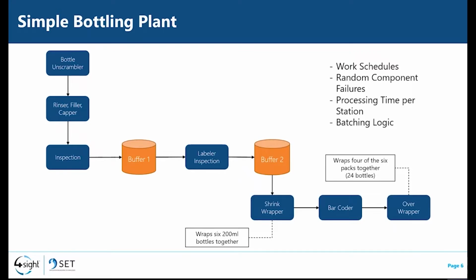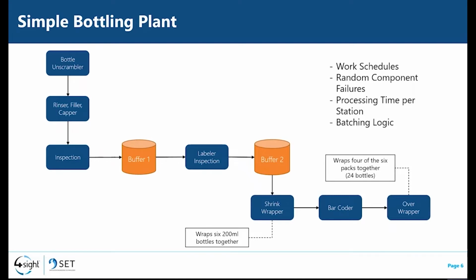So just to give you a quick overview of the plant layout, we have 7 stations. It starts with the bottle unscrambler, which is pretty much just the process that lines up your bottles to go onto the conveyor to your next station, where the bottles are then rinsed, filled, and capped. They then move towards the inspection station, where inspection is completed, and it then flows into your first buffer